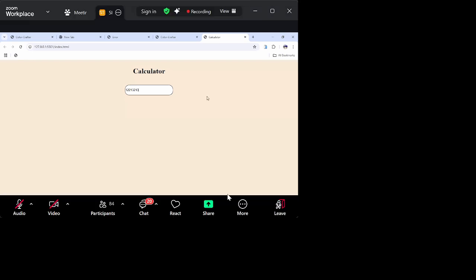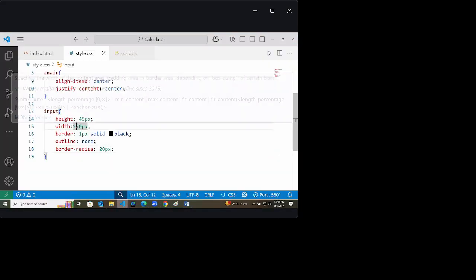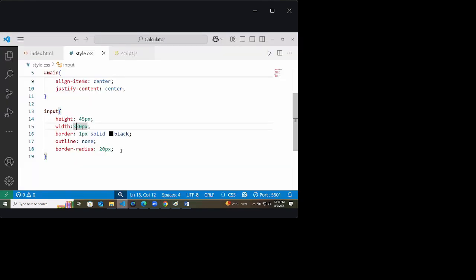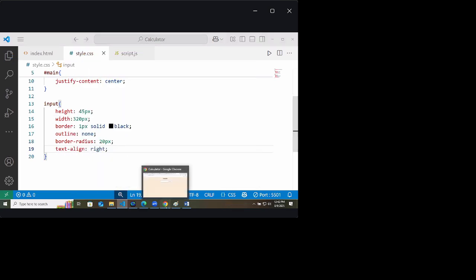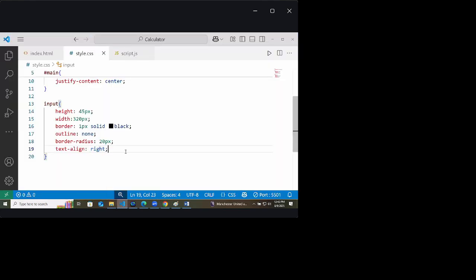Like this, increase the width, 320 pixel. Okay. Where is the text coming in which direction? Left side. But in a calculator, text starts from here, right? Text align right. Sorted. Increase the font size, 20 pixel.